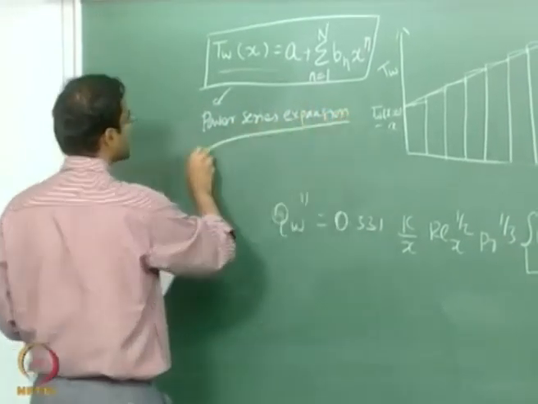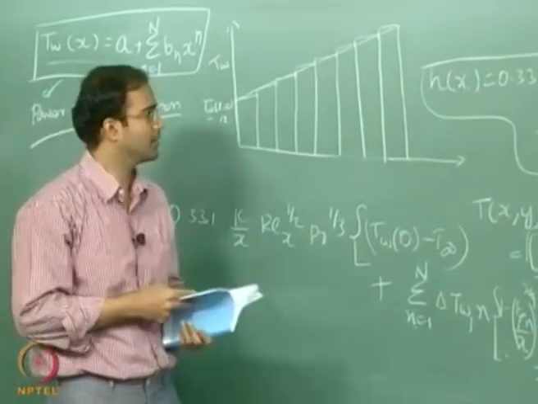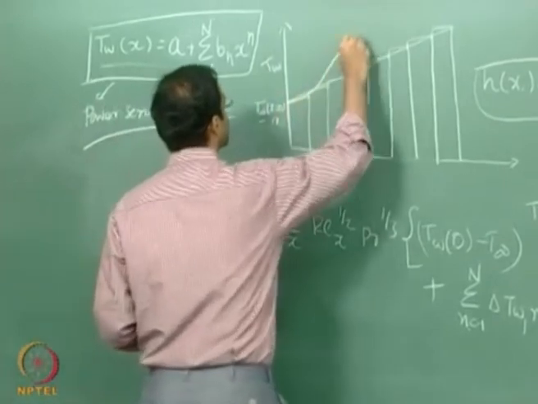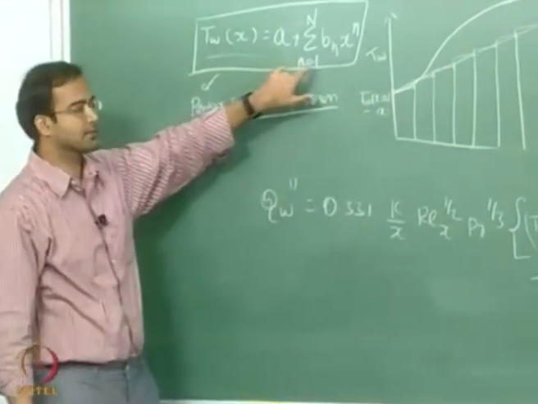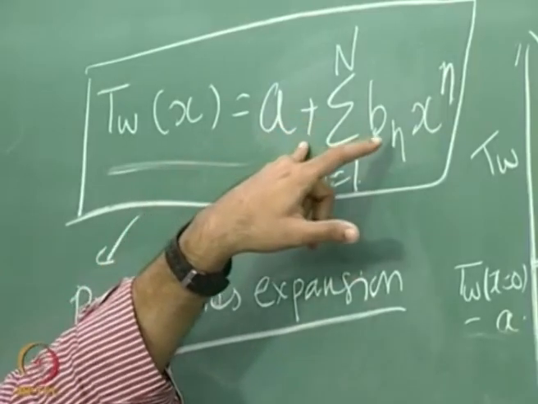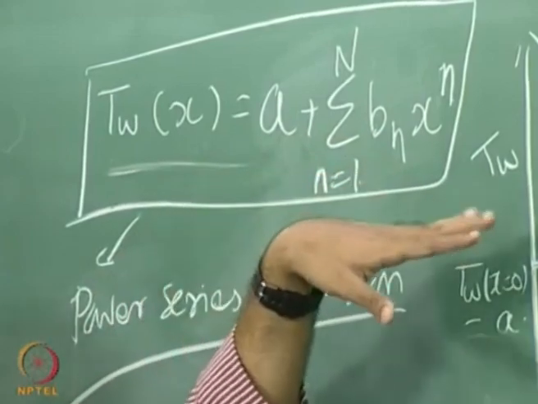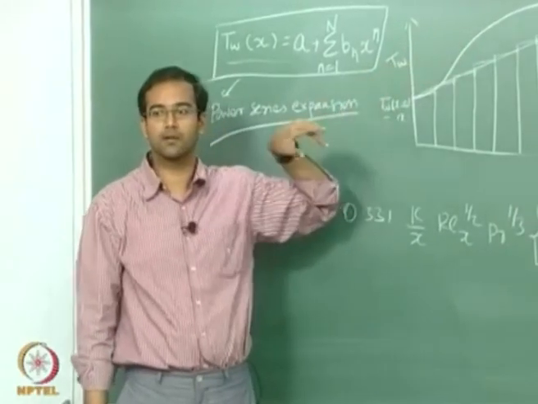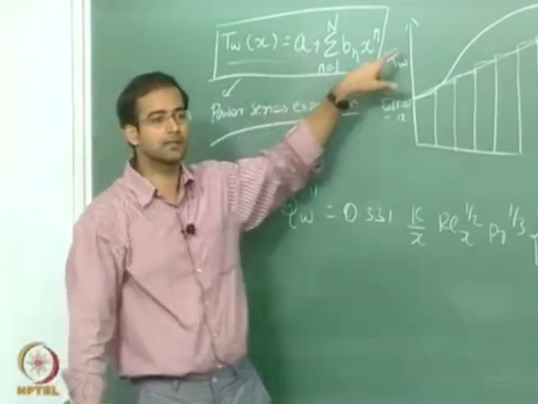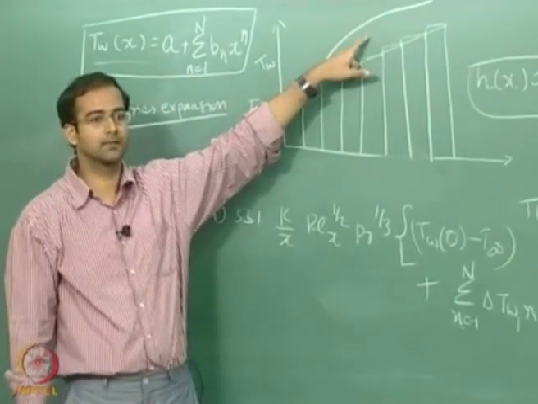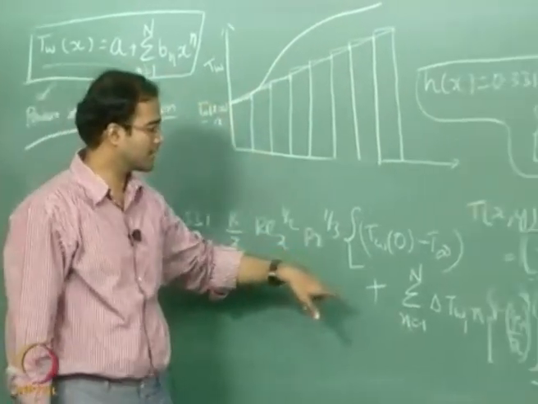So this can be used to approximate more complicated profiles. If you have a profile something like this, you can use a power series expansion. You can do a regression and fit the coefficients such that you can approximate this curve with the power series expansion. So this is a better way to represent this than using a straight line, right? So you can substitute this now into this expression